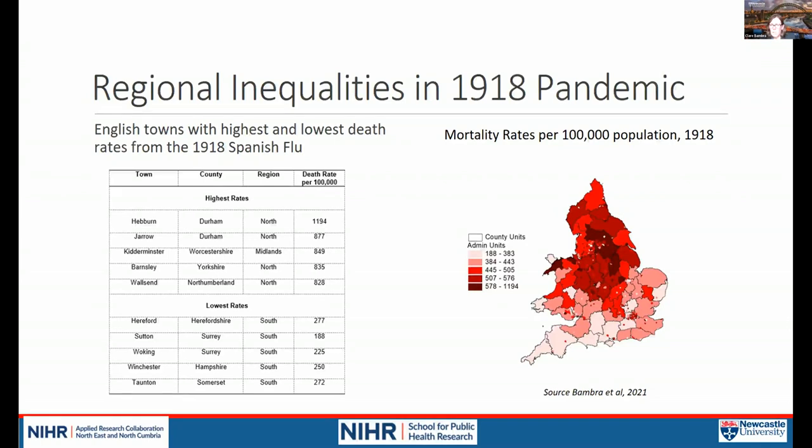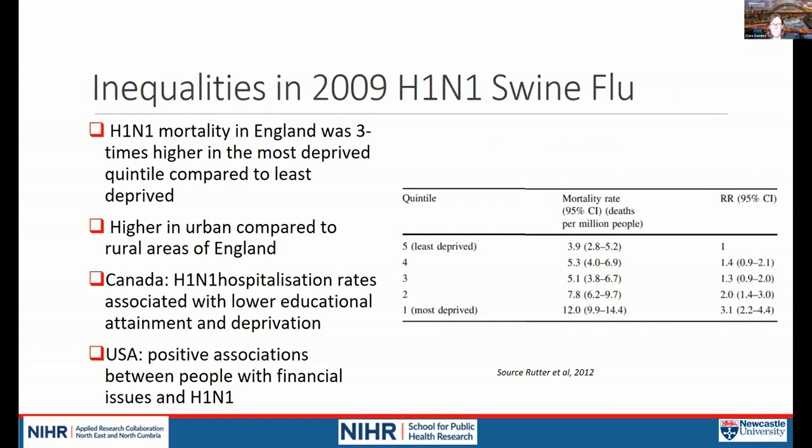The situation in England and Wales was obviously complicated by the context of war and large population movements at the time. Data from places such as Norway, Sweden and the US were less affected by those issues in 1918, and do of course reinforce this idea of potentially a socio-spatial gradient in 1918. So we have some parallels, and thankfully COVID mortality rates are much lower than the Spanish flu mortality rates, but we